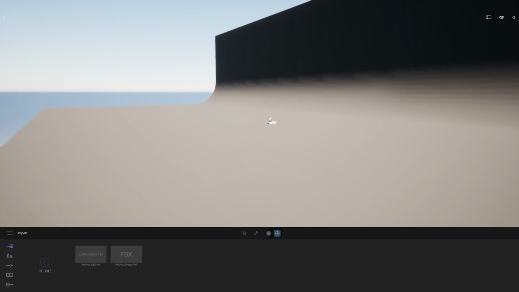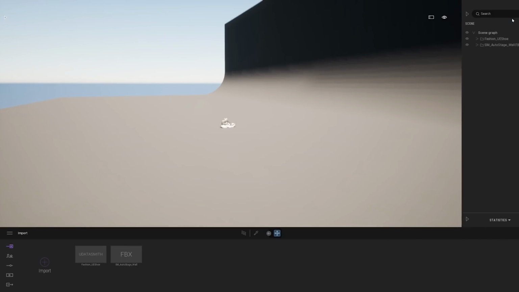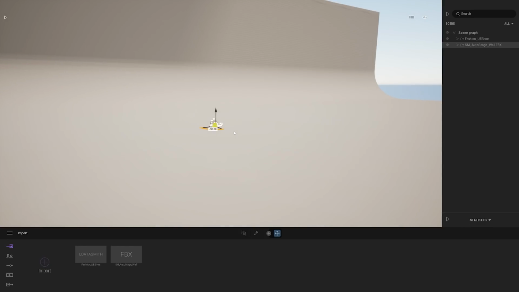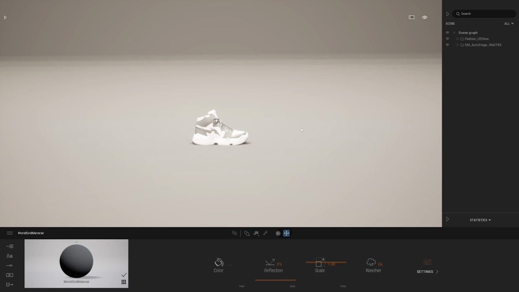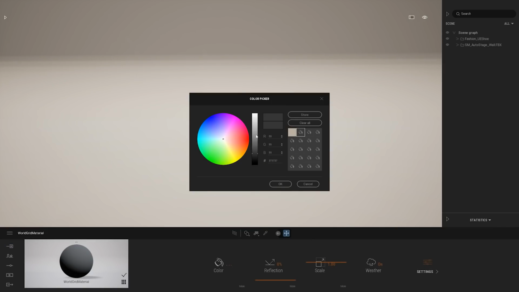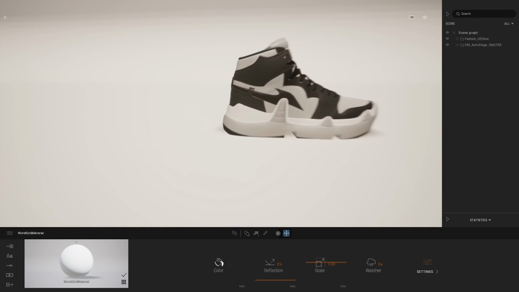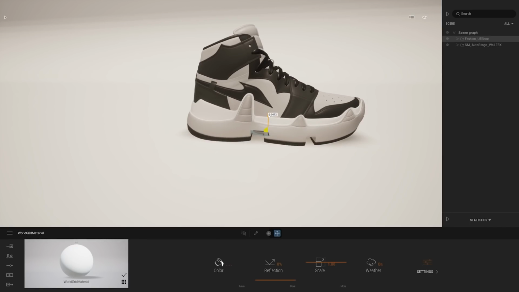As you can see, it's just a simple wall with a bevel. What I want is to align that on the side of my shoe, so going to turn it 90 degrees like that. Also, I want that to be fully white, so I'm just simply picking the material using the material picker and I'm turning the color of my backdrop white. And also, as you can see here, my shoe is not really placed on top of that, so I'm just going to raise my shoe a bit up in the air.